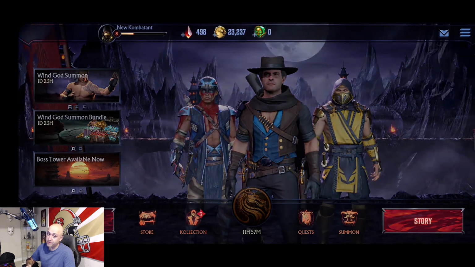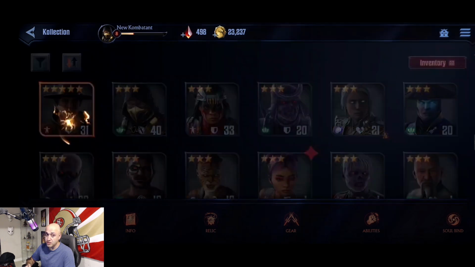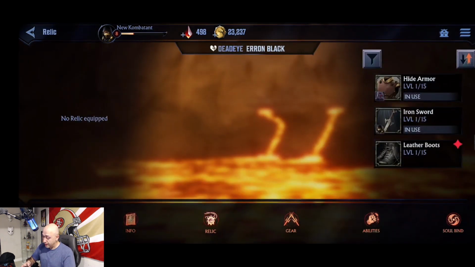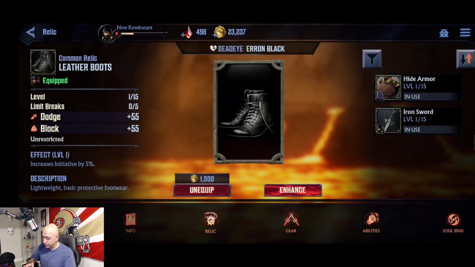Number two, another big problem I'm finding here when I'm playing this game is the resources are scarce. Okay, so I got lucky with this 5-star. I have to admit, this was very lucky. So let's put this on for a second. I'll talk more about it in a second with you guys. Okay, so